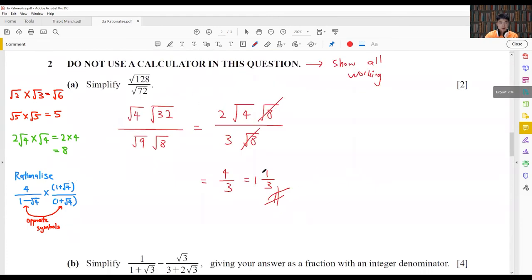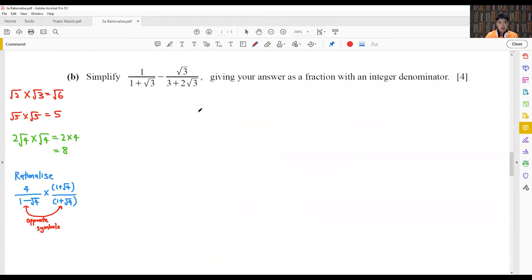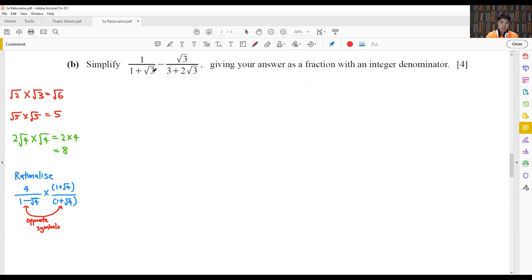Okay, now this next question here: simplify, giving your answer as a fraction with an integer denominator. Once again, they are asking us to rationalize this surd fraction here. Now, to do this, what we first must do is make it into a single fraction. So changing it into a single fraction, 1 times 3 plus 2√3 minus √3 multiplied by 1 plus √3 over the cross multiply of each other,